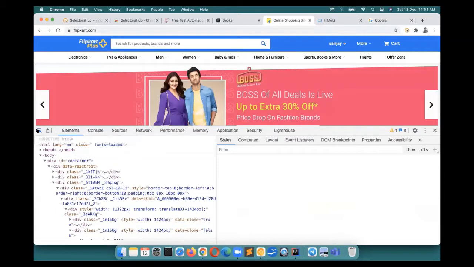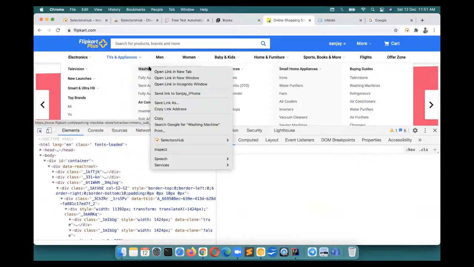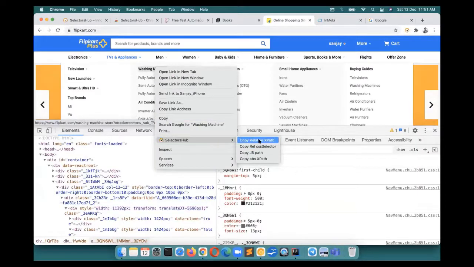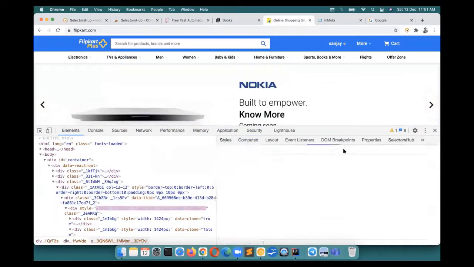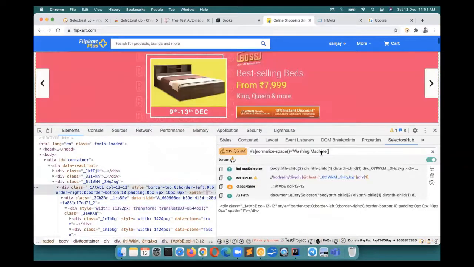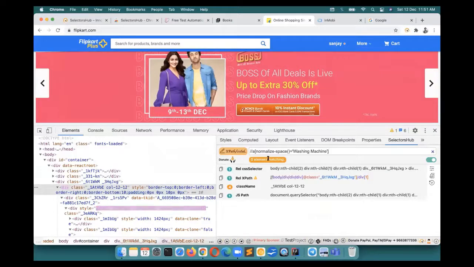So what you do, in that case it is really helpful, because this is an impossible scenario for which you can write the XPath. You see that you won't be able to find that element in the DOM. So here you right click and copy relative XPath. Let me show you what value we have copied from there. Now you see here it is showing 0 matching nodes.